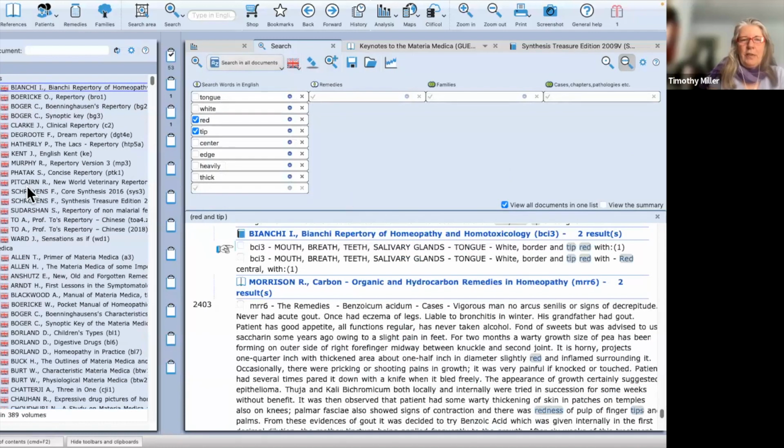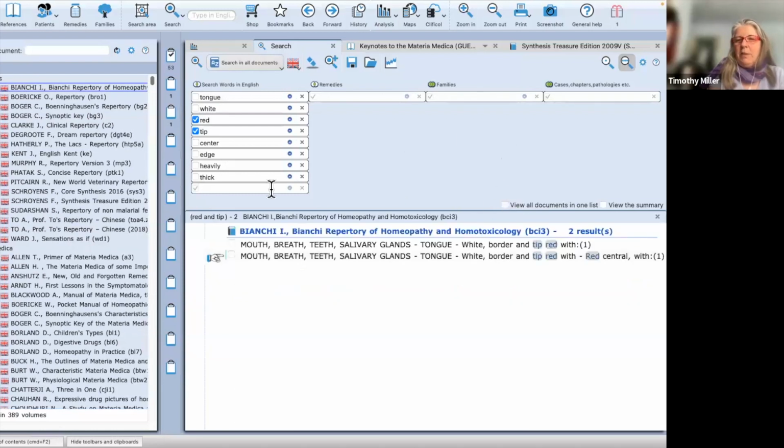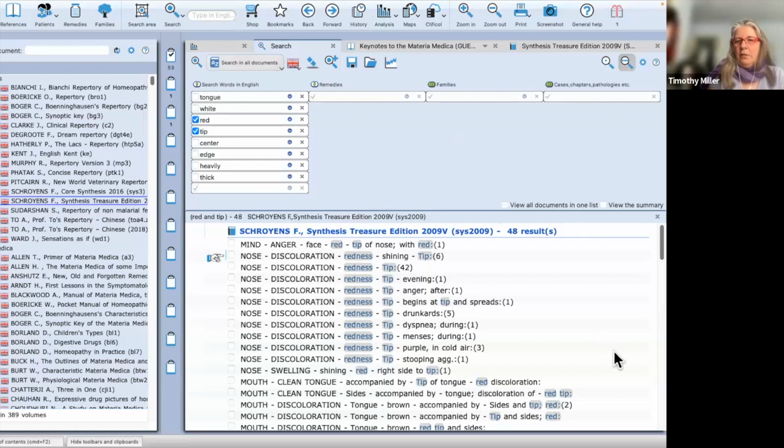You get to choose. In this case, now I've got view all documents in a list. I'm going to uncheck that box because maybe all I want to see is where does Schroyens have the red tip. Okay, you see what I did? All right, let's